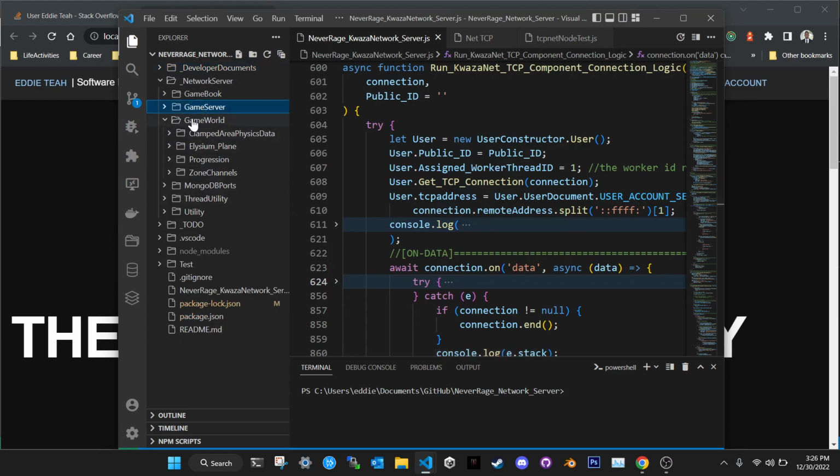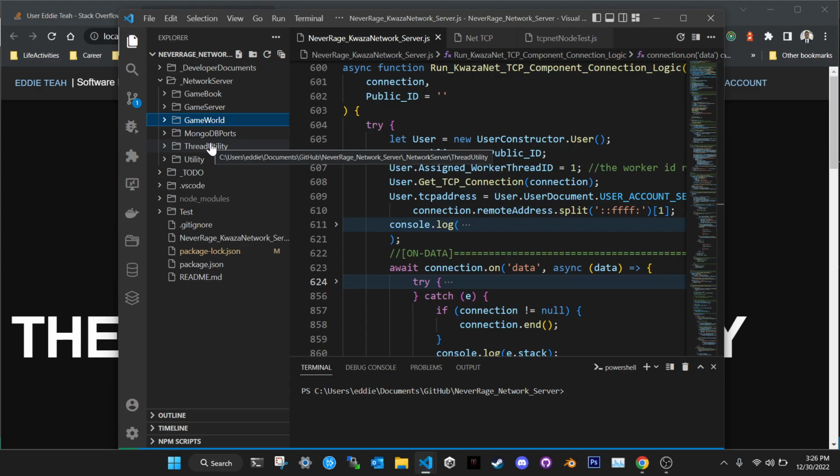Anyways, this here doesn't use a folder structuring framework, how do we call it, practice or principle, like MVC and stuff like that. It doesn't follow that.